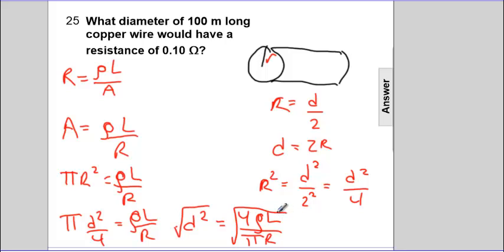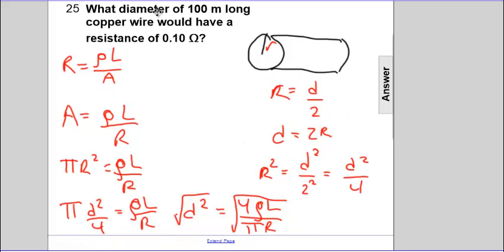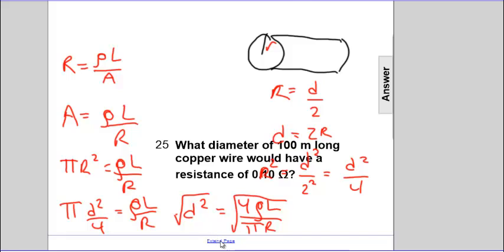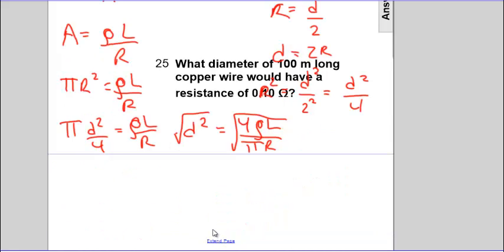So that's kind of messy. We're just going to slide down, and we'll end up with a little more room. I'm going to move this down so we can refer to it as we problem solve, and we'll solve for the diameter. I'll rewrite one more time. Diameter is the square root of 4 times the resistivity times the length divided by pi times R, which